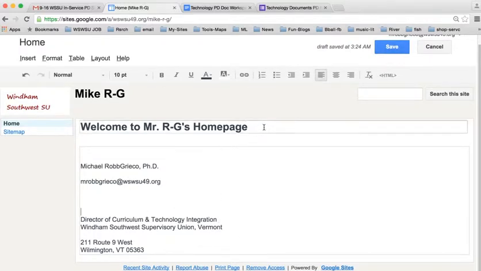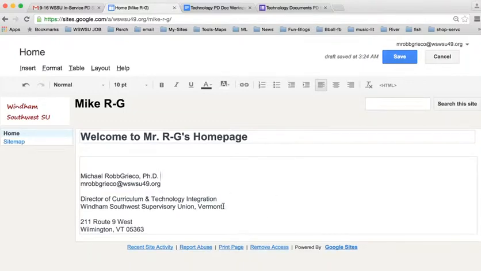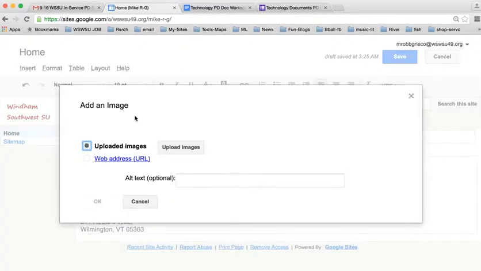So I'm working in here. This is where the title of the page is going to show up. This is the title of your site. When I save this, all this stuff will become live. And here's, so I have my name and station, all that kind of stuff. And maybe I want to put in, not maybe, you're really going to need, you want people to be able to identify you. So you really should put in